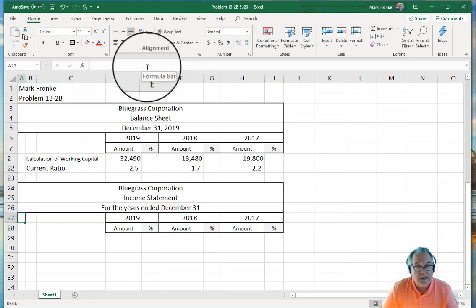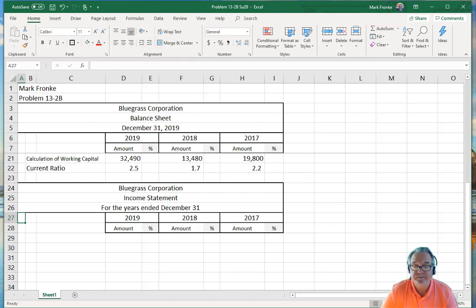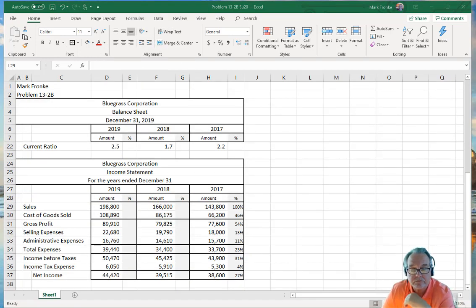And I've got the years down below, so that's good. I'll stop the video. I will build the income statement, and I will be right back. Okay, I'm back, and I have built an income statement for 2017, 2018, and 2019, done some formatting, drawn some